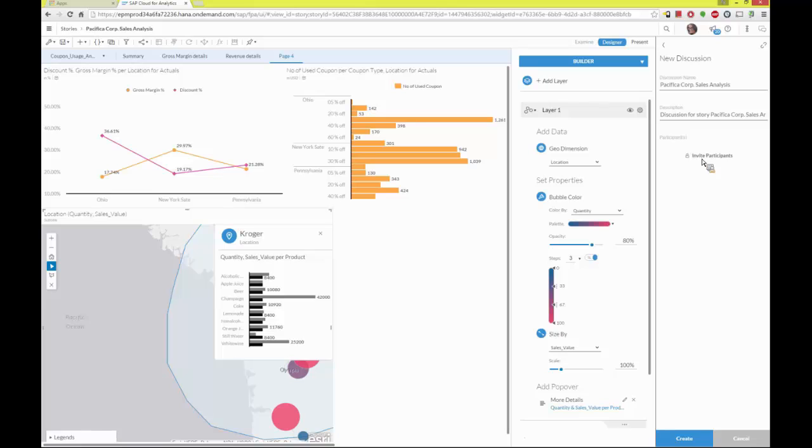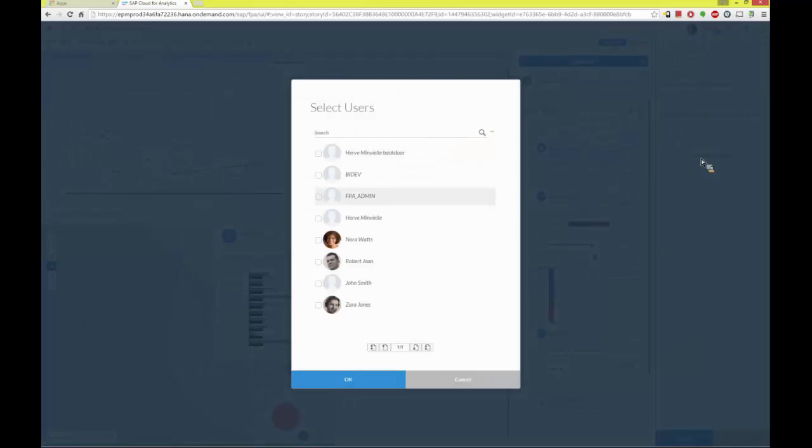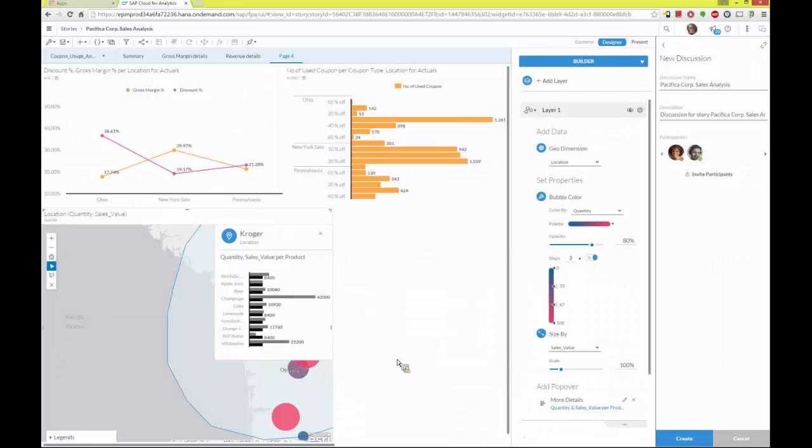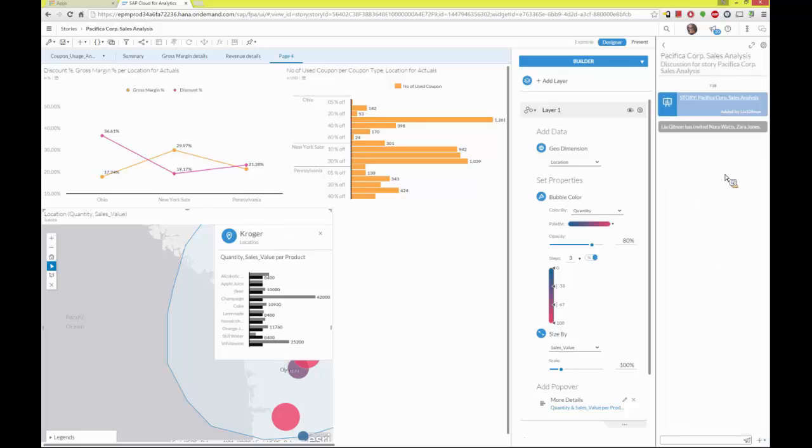Okay. So this is the type of thing that you can do with creating these stories, and based upon this, you can also share this information. You can start a discussion with your colleagues about what you're seeing in the information that you have. So I can open a discussion. I can choose the participants that I want in that discussion. Let's say Nora and Zara. Let's add them to a discussion, and it will share the story or the particular visualization that we're doing the discussion on, and now I can start that discussion, and it will show up as an alert for them in that event and alerting module. So this is some of the business intelligence and exploration.